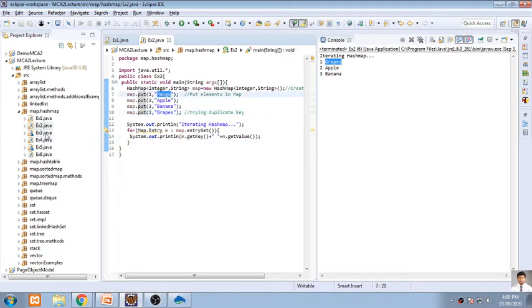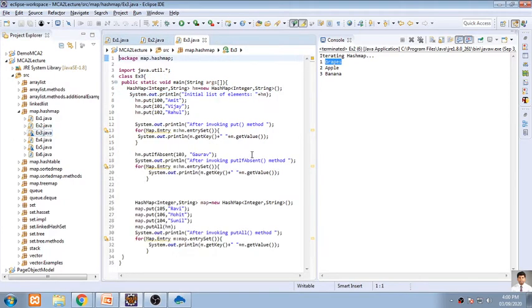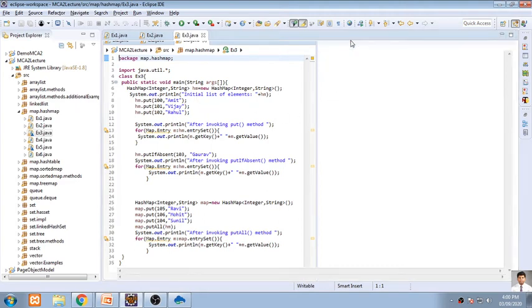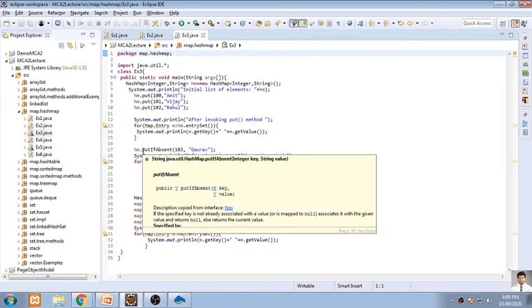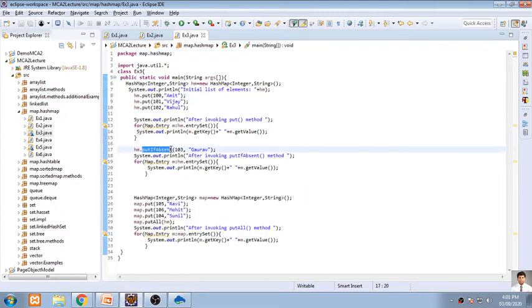So how to overcome that one? For that purpose, they have created another technique, that is you can add an element, but before that it should be checked. So this is one example where we'll be doing some operations, a simple program. I'm closing this one. You just go for the purpose of adding the element and then delete. So the put function is for the purpose of adding an element. Now putIfAbsent is another type of function. putAll.